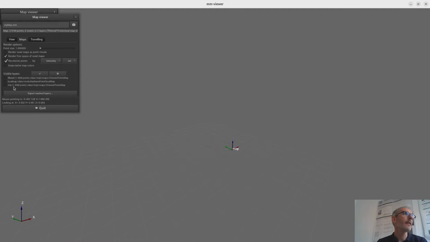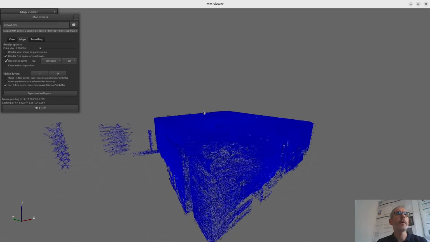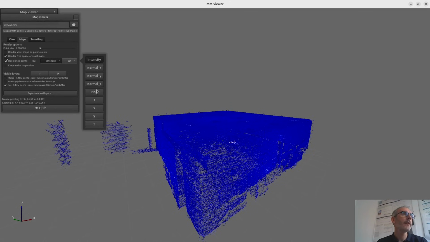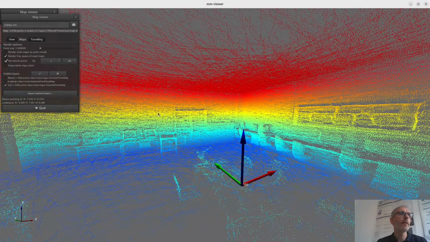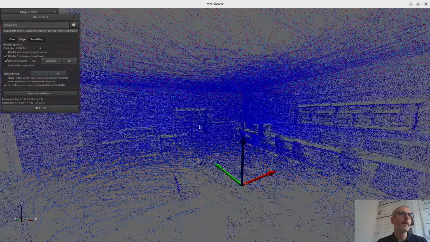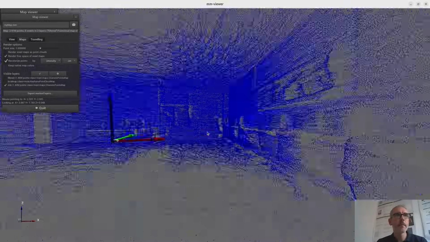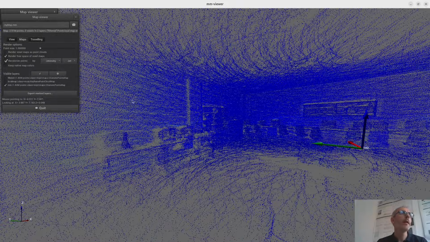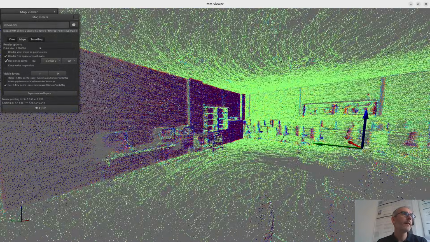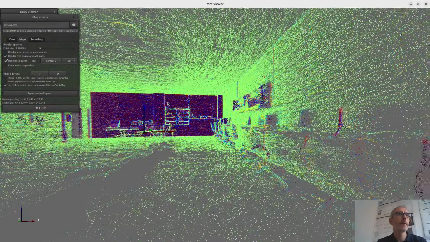So I can just start disabling stuff here, and let me enable, for example, the filtered one, which I can recolor like this by phi or by intensity, which I think something was wrong, but okay, I will have to check later. But basically, you have the different fields, like the normal directions, and components, and such, okay?